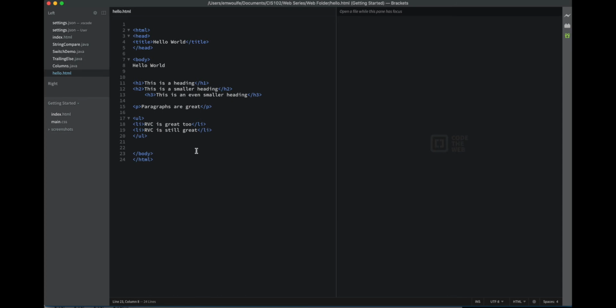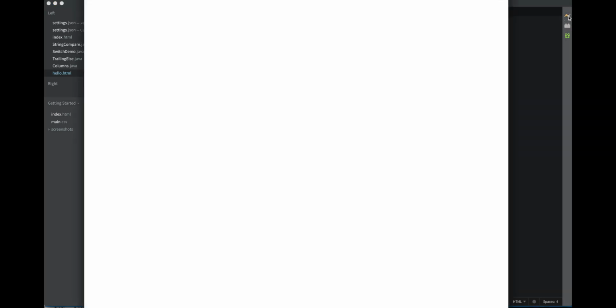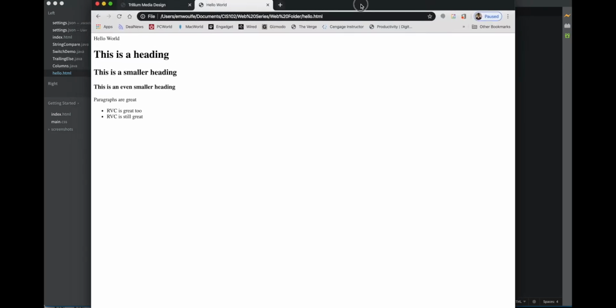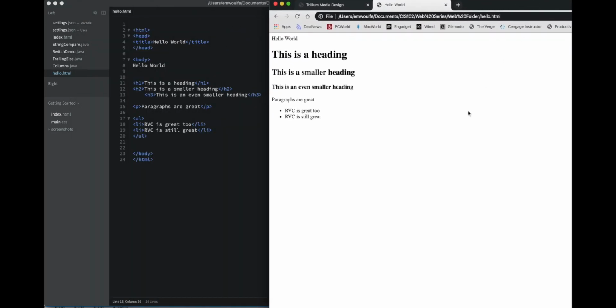The best parts here about Brackets are, number one, it's very small. Number two, it's very fast. Number three, in the upper right-hand corner over here, there's this little lightning bolt, and that's called a live preview. So long as you have Chrome installed on your machine, once you click on the live preview, you're actually going to get a window that pops up sooner or later, and we get a live preview of what is happening